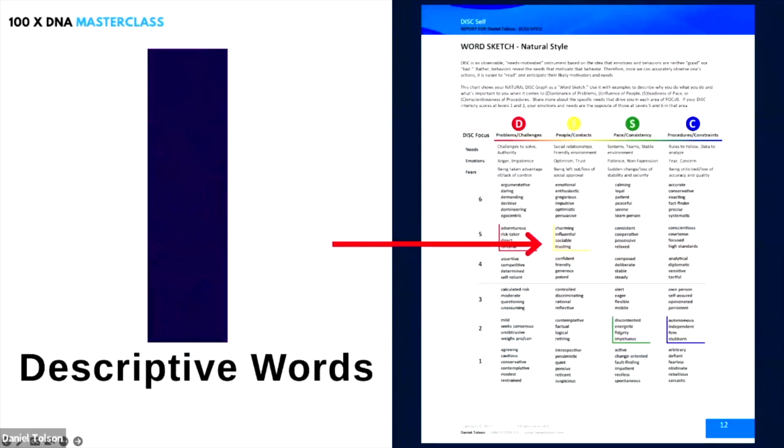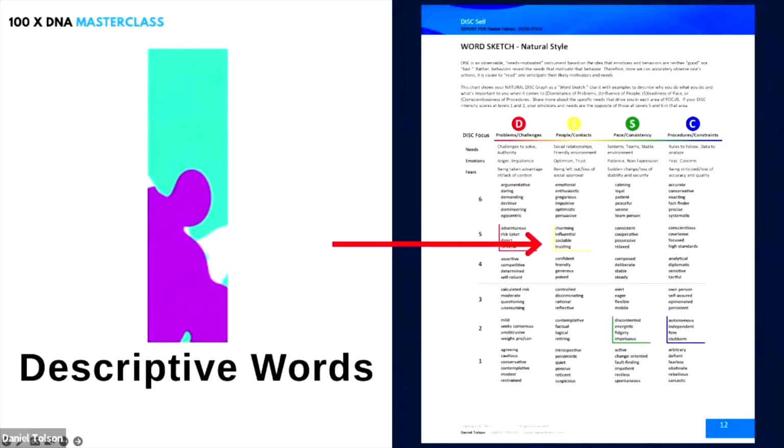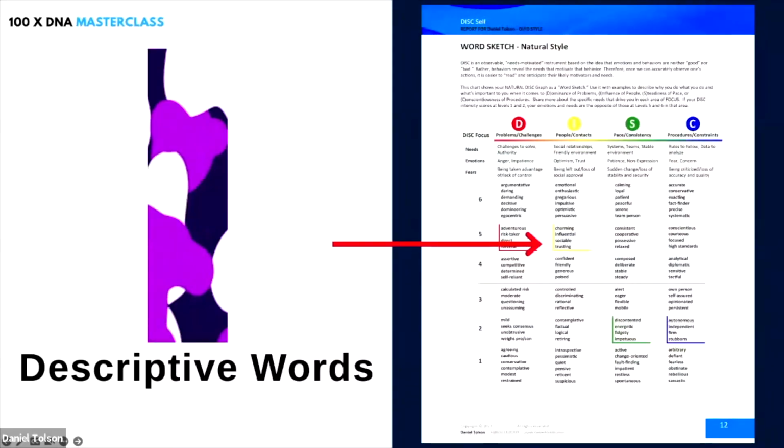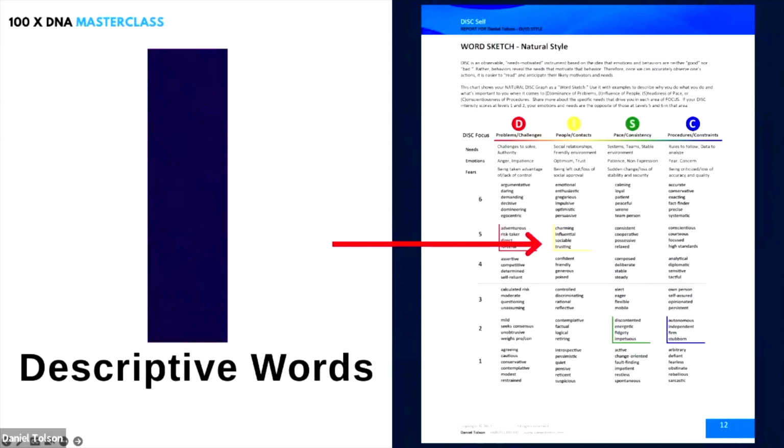Now you can see on the screen here, my I style. When it comes to approaching people and contacts, I could be described as charming, influential, sociable, and trusting. And I'll tell you what, I used that charm when I met Ninny. I let that honey drip from my lips and I charmed her off the aircraft, onto our first date, into engagement, into marriage, and I charmed her to give me two of the most beautiful children ever. I had to use that charm to win Miss Taiwan.